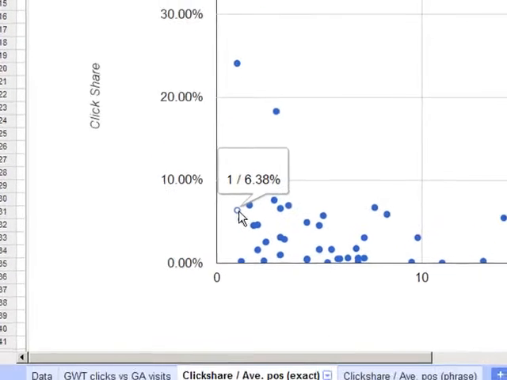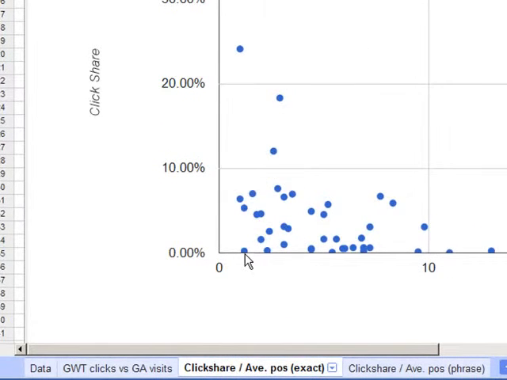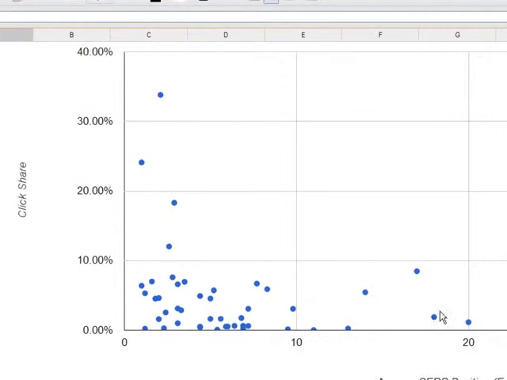This is at position number 1, it only gets 6.38. This one, position number 1.2, which means sometimes it's at position 2, most of the time it's in first position, gets 0.22%. But basically, and there's a couple of other anomalies down here, generally we are finding that we're following that kind of shape.